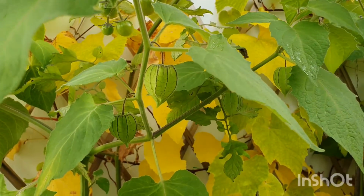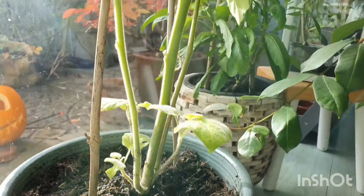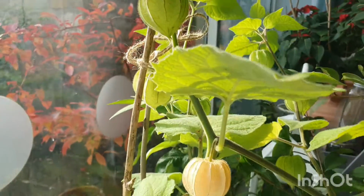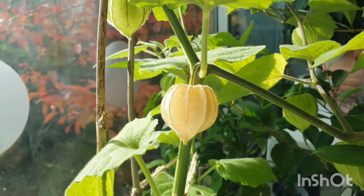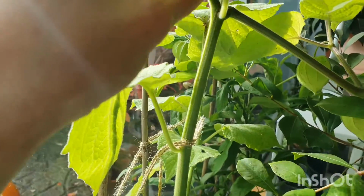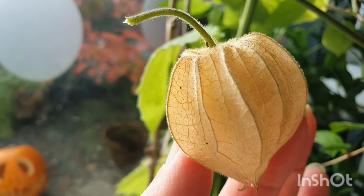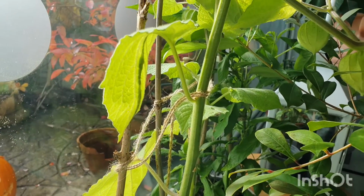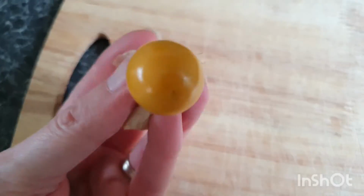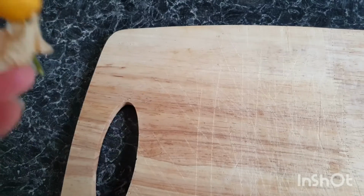So tasty. I'll just take you in and show you the ripe fruit now. We'll pick it and have a little taste. So here we are with this beautiful ripe fruit. Let's just have a pick of it and see how it tastes. Look at that, it is so pretty. Opening it is so simple. Just peeling back that beautiful cape, also known as a cape gooseberry, perhaps because it has that cape around it. And then you've got a little sort of lollipop sweet. And they just taste